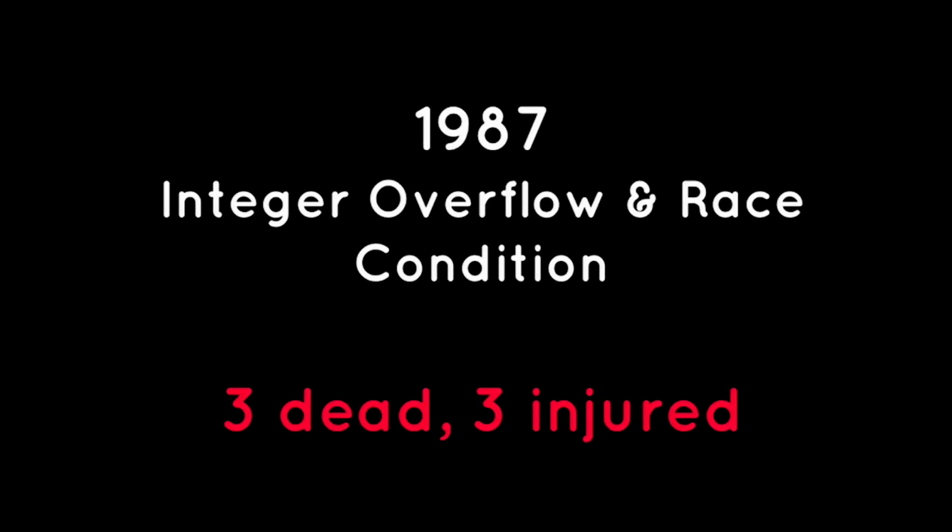So why not just do it in software, right? Super easy. They built a software safety interlock, but there was a buffer overflow, and under certain conditions that just happened to be triggered by people typing really fast. And we don't think about this sometimes as engineers: the people who use our software get really good at using our software. These radiation machine operators were typing in the same sequence of commands over and over again every day to deliver radiation therapy to people. So they got really, really fast at it.